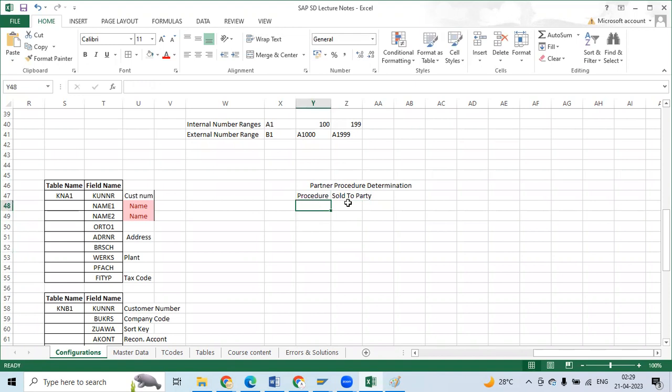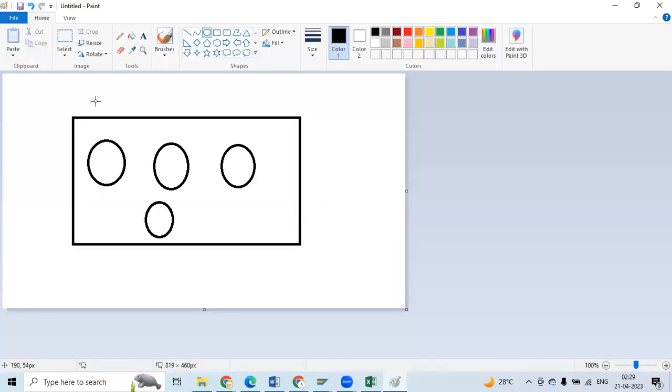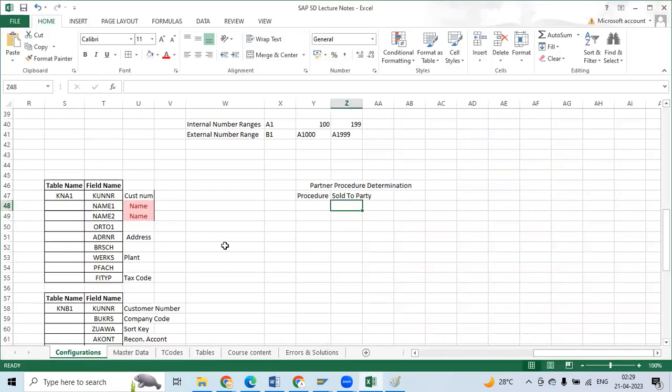Under this procedure, sold to party, we will assign partner functions. So under this procedure, we are assigning partner functions. Partner functions are the balls which are there in this box. The procedure name is sold to party, and under it we are again placing or assigning some elements. These elements are nothing but partner functions. So partner functions are again sold to party,